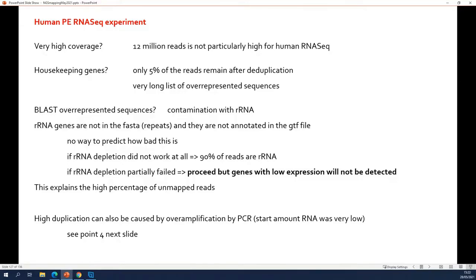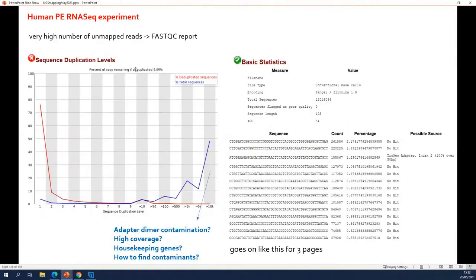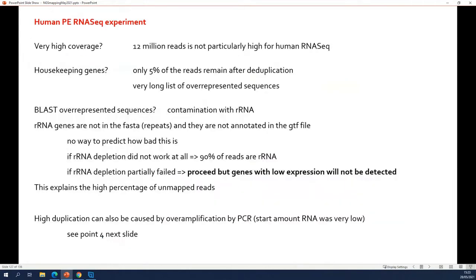So, why do I have then these very low number of mapped reads? It's ribosomal RNA, so it comes from human. If I map them to the human genome, why don't I find them back? Yeah, it explains why I have a lot of duplication here, what they are, but it doesn't explain yet why they are unmapped. The reason for that is that ribosomal RNA genes are considered repeats.